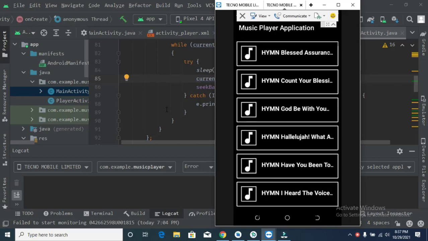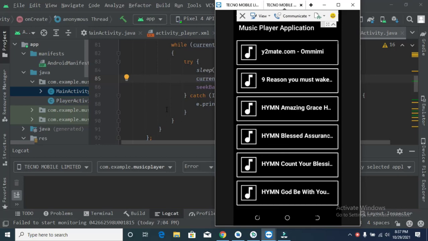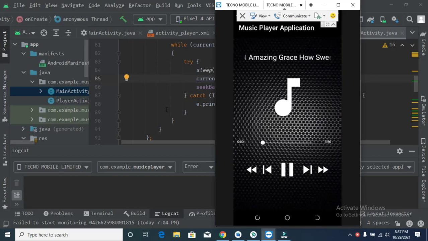This music app, the way it is, you can click on it and play any music of your choice. You can fast forward it, you can pause it, you can rewind,